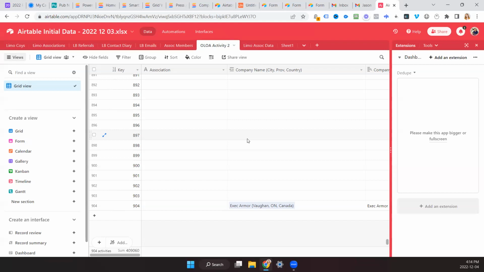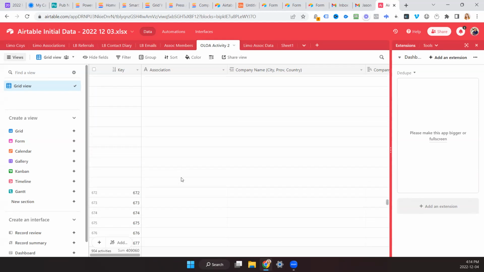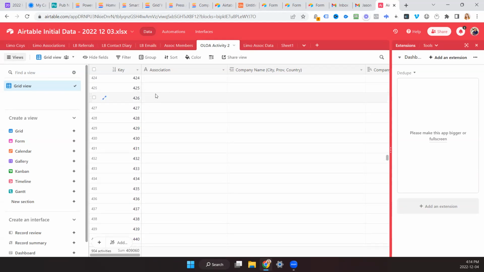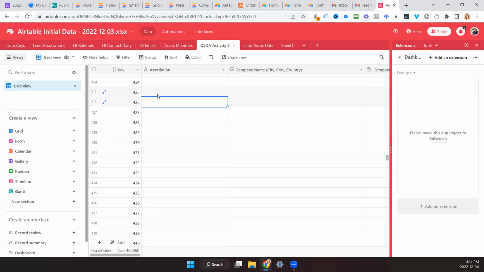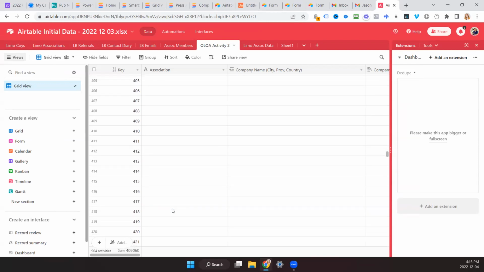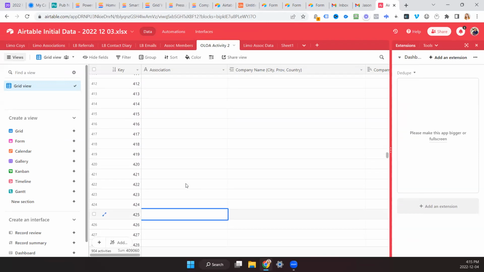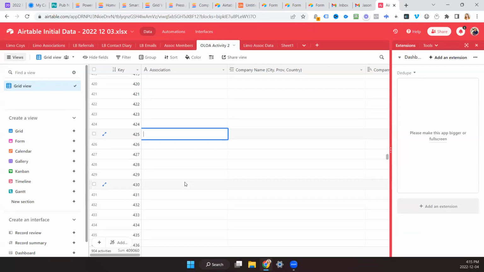Okay. But is there a way to take 10 records and make them all have one of the fields be the same value? Can you give me an example of what would be in a row? Yeah, like row 425 and 426. In the association, they would both be the same. Just for that data that I've imported, those 1,000 records, because I already had it. Now I'm going to start putting into there when I find people in other associations.